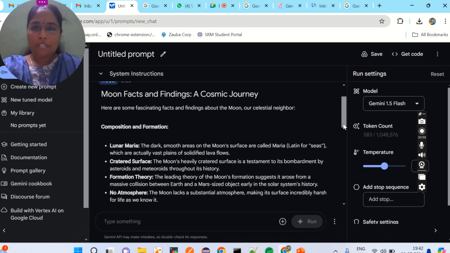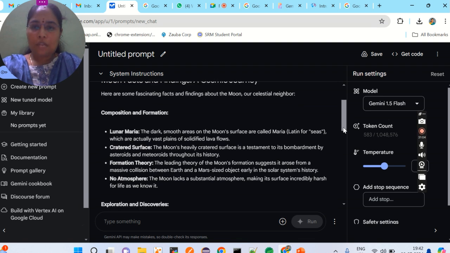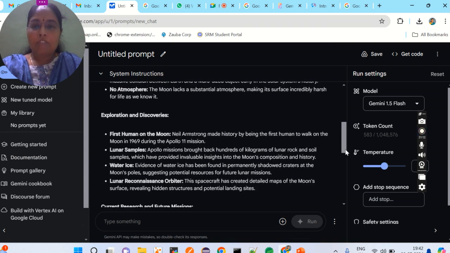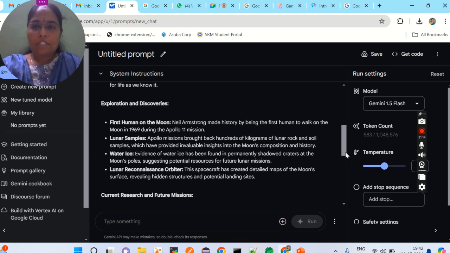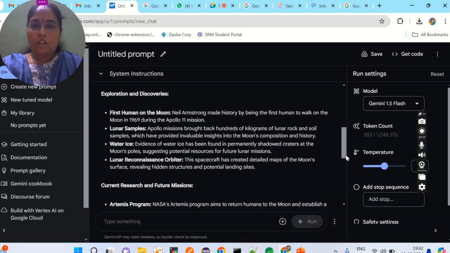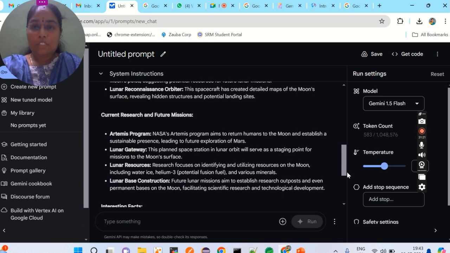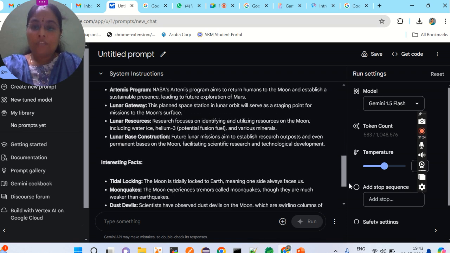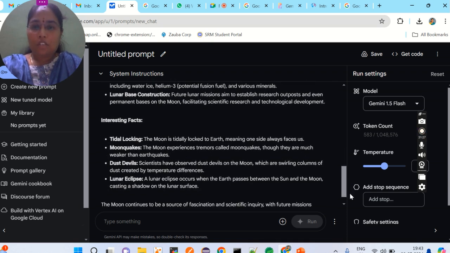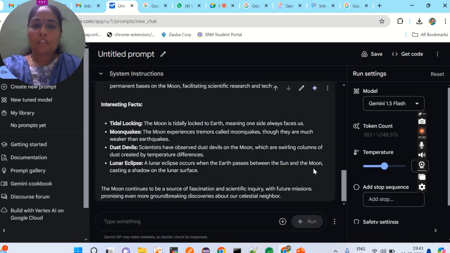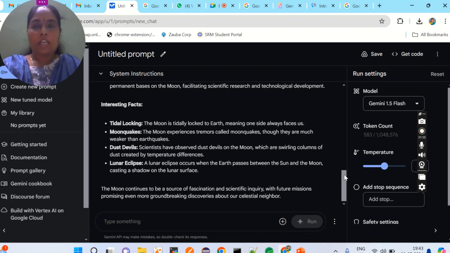So some fascinating findings about the moon it is giving. See, composition and formation, lunar maria, cratered surface, then formation theory, no atmosphere, exploration and discoveries. So what: first human on moon, lunar samples, water ice, Lunar Reconnaissance Orbiter, then current research and future missions. Then interesting facts we have asked: tidal locking, moonquakes, dust devils, lunar eclipse,